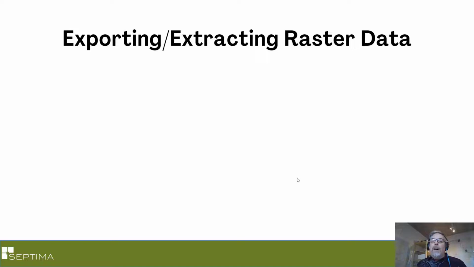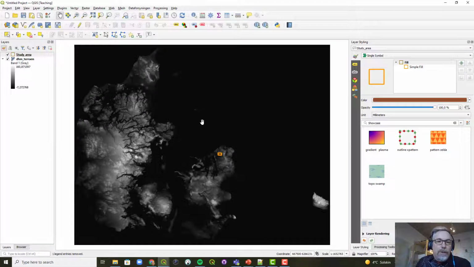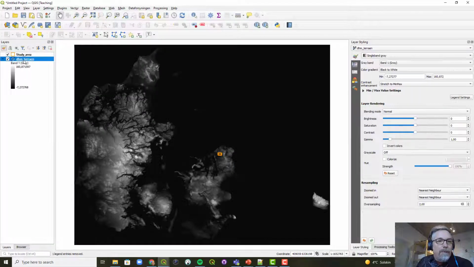Hi, in this video, I'm going to describe exporting or extracting raster data, and in this case, it will be the elevation data, which will be extracted from the WCS service to a local file just for the study area. Okay, so I have QGIS open, and I have my DHM terrain data from the WCS service loaded here, and